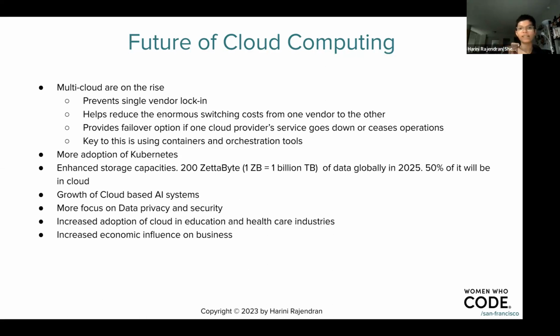First one is multi-cloud is on the rise. As I mentioned earlier, even up to a few years ago, when companies moved from on-prem solutions to cloud, they would usually pick one cloud provider, let's say AWS, and just deploy everything there. So what ended up happening was they were locked into AWS, and if some region in AWS goes down, then their service won't be available and they would be hit. So that's where these days companies are trying to be more intelligent and doing multi-cloud deployments.